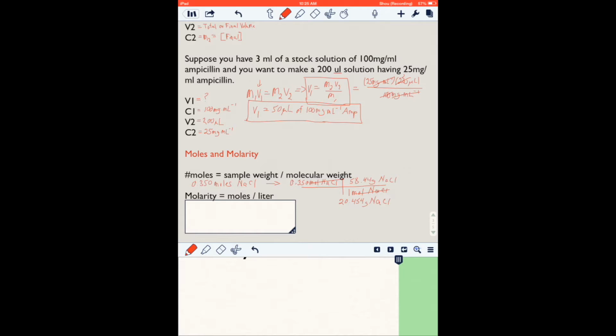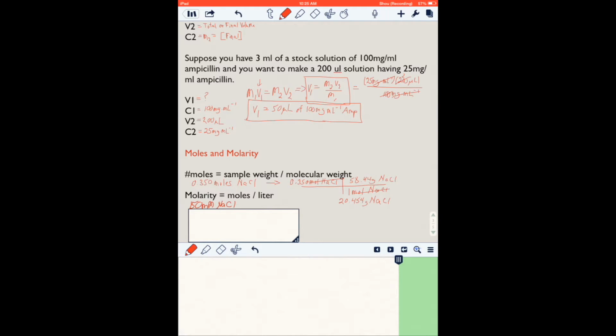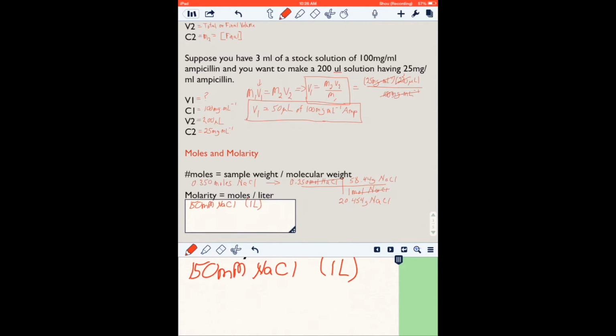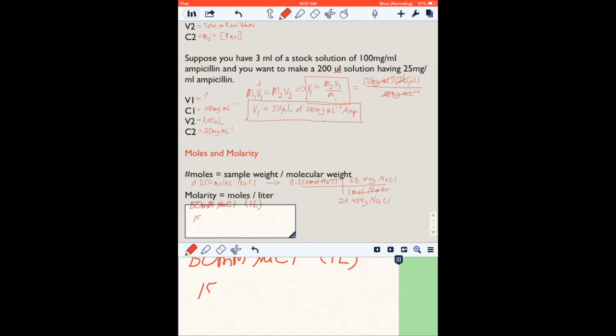So if someone asks us to prepare a 150 millimolar sodium chloride solution, something like that, and what they want to know is they want 1 liter of 150 millimolar solution. How many grams of sodium chloride do we need to dissolve? So we could write 150 millimolar sodium chloride